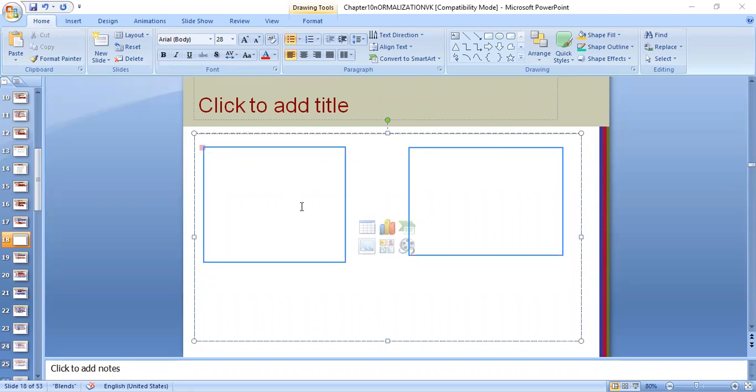This is the employee table, and this is the table where I have department. So here I have employee details, here I have department details.